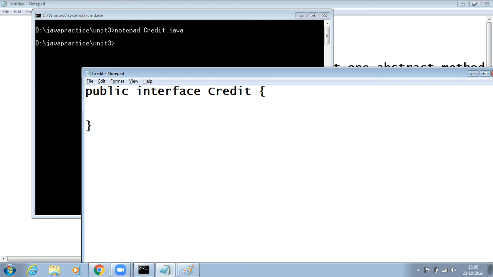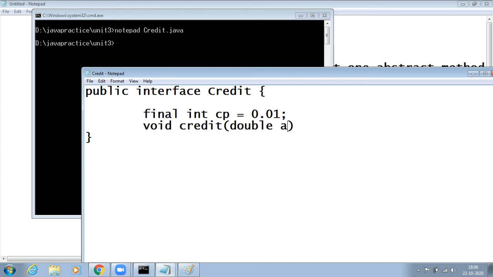Whenever I credit an amount into my bank, say I want to give some coupon to the person. Say the coupon percentile of cash is 0.01% of the amount they credited. This is always final, we cannot change this. And the method I want to write here is void credit, with the amount you want to credit. Done.